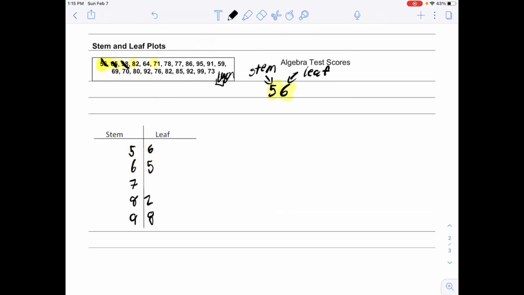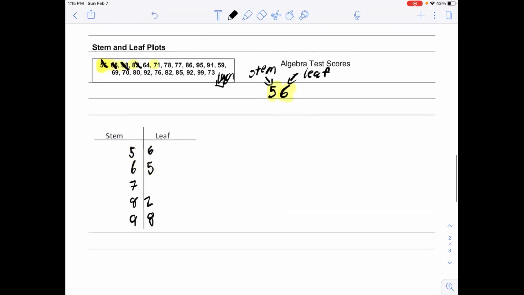For 64, my stem is 6, my leaf is 4. So my leaf of 4 goes right here. And now I know that I have the number 65 and I have the number 64. So now this stem and leaf plot is representing 65 and 64. So let's keep going. 71,